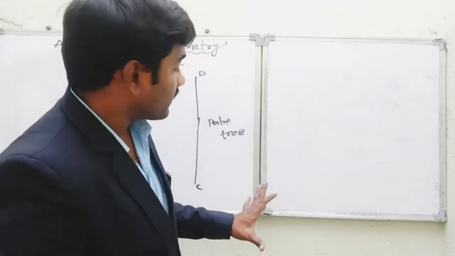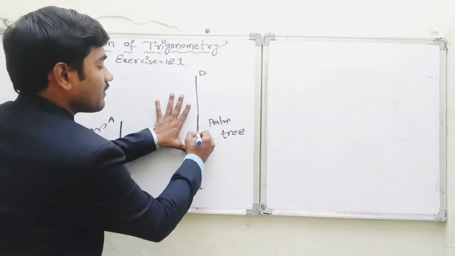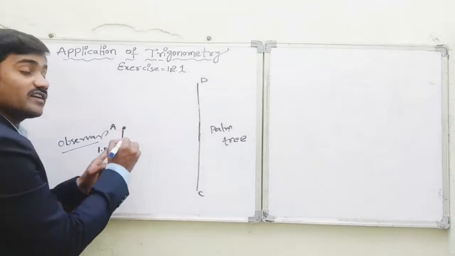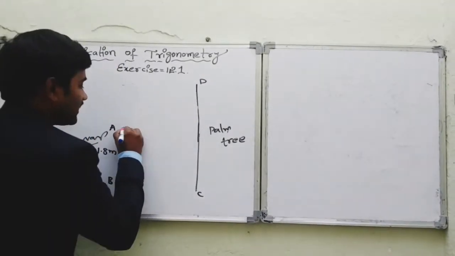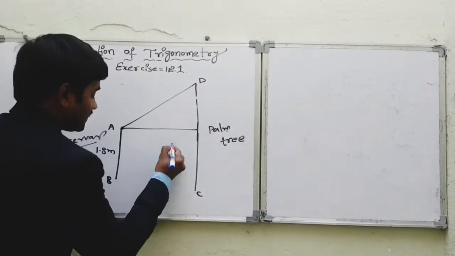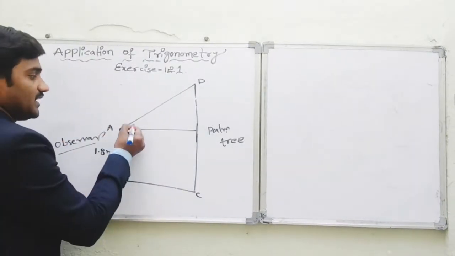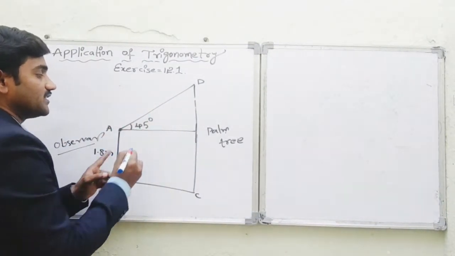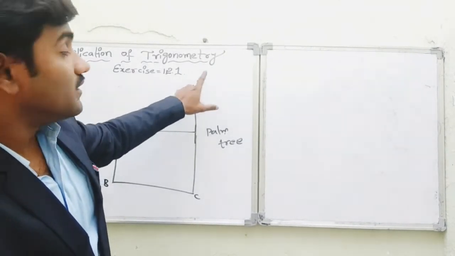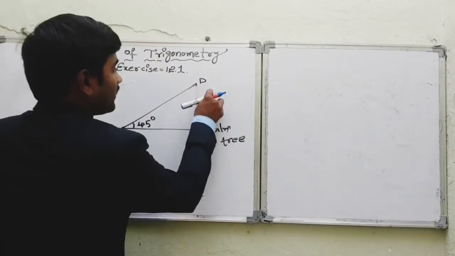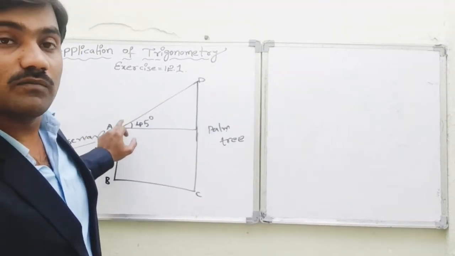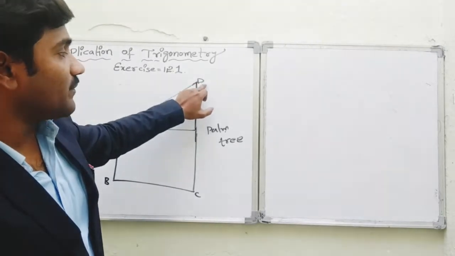Then, let's see. We need to find out the complete height of this plum tree. But this observer is observing from his eyes. So from here his eyes only observe. See that? Let's draw this construction. We'll join these two and see. Here it comes, 45 degrees. With the 45 degrees angle of elevation he is observing the top of the plum tree. The top of the plum tree is here, D. So from the position of the observer's eyes he is observing the height of the plum tree.